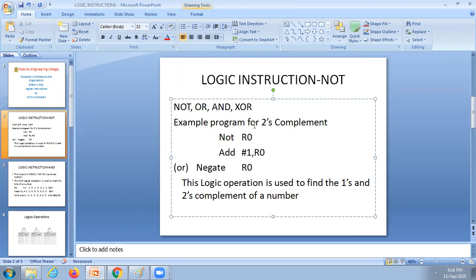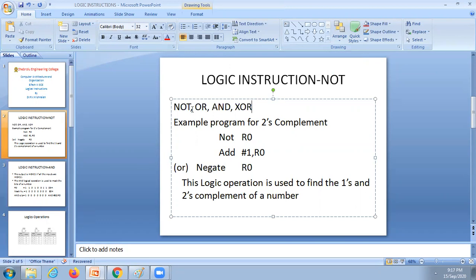There are 4 logical operations which you are going to use while writing our assembly language programming. Assembly language program means a program which will be executed by the CPU. The assembly language program is dependent on the CPU. It is machine dependent. First we should be familiar with the logic, then we will go for the instructions.